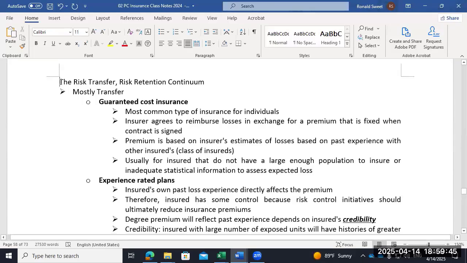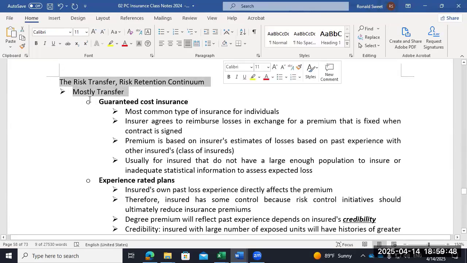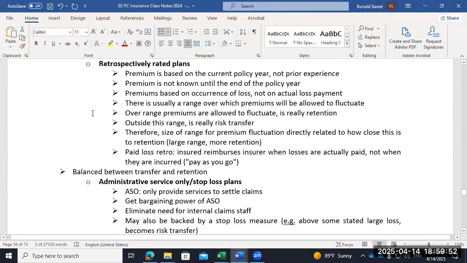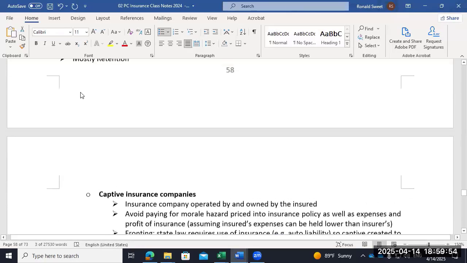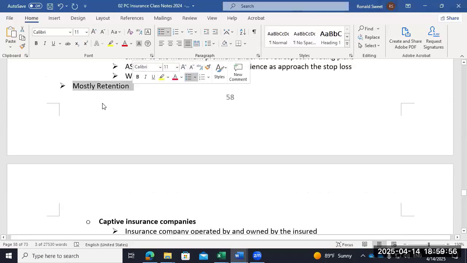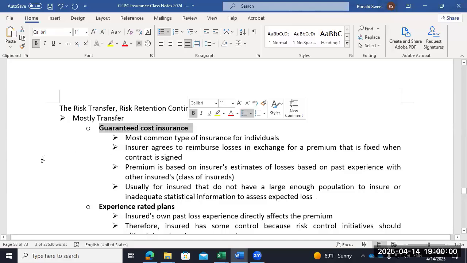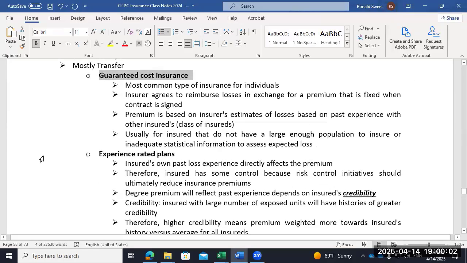So what this shows is a continuum between insurance that mainly transfers risk and insurance that is mostly retention. Most of us buy guaranteed cost insurance. That's your auto insurance or homeowners insurance. That's what individuals buy. The insurer agrees to reimburse you if you pay the premium. The premium's fixed at the time the contract's signed. They can change the premium,